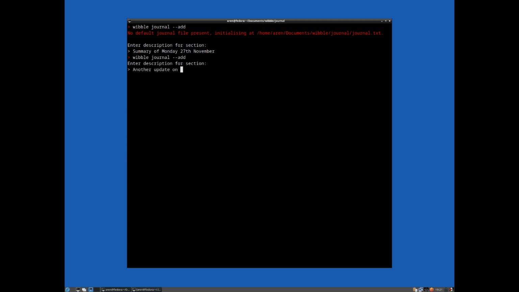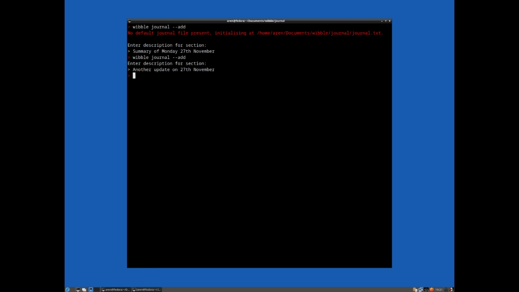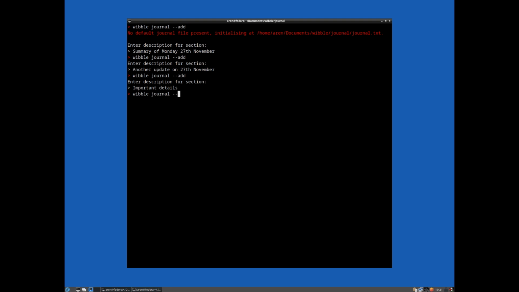Another update on 27th of November. Some other interesting thing. Important details, something to remember. So you can quickly add entries to the journal, and it works, as I say, almost identical